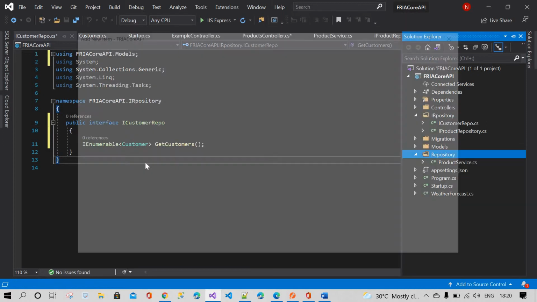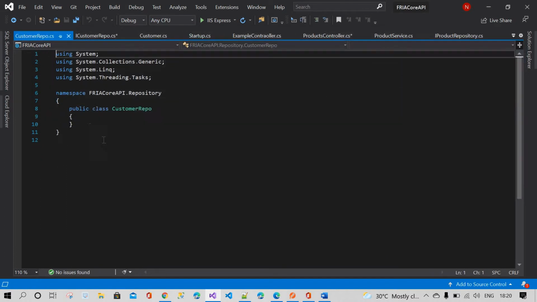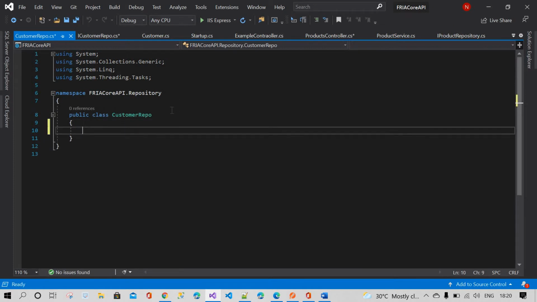Add a class. I'm going to give the name CustomerRepository, CustomerRepo; that is ICustomer, and this is the customer repo. Now you can see what will happen.